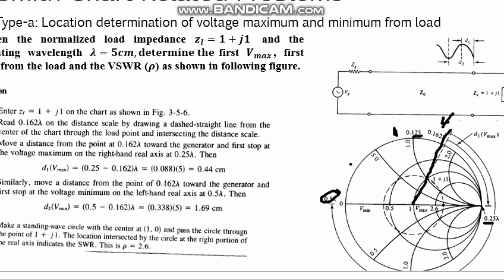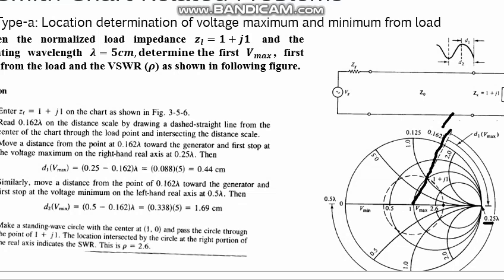So if you want to find out V max, you have to know the distance d1. As you can see in this sinusoidal waveform, what is the highest peak? The highest peak is from the lowest part to the top of the part, from 0 to lambda by 4. Is it right or wrong? That's the thing. So that is d1.